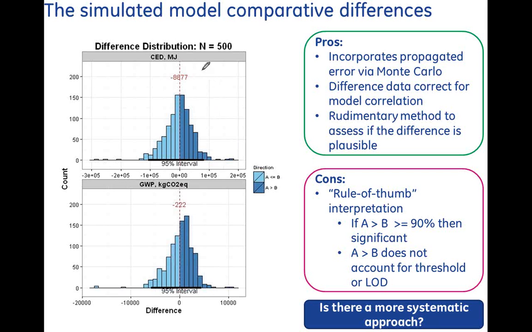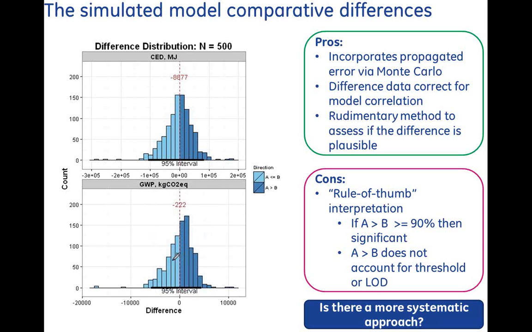But anyway, so what do I see? I get an estimate on my difference for both of the impacts involved, and I also get an idea that, hey, they're almost a 50-50 split. So given this, as opposed to my bar plot that I showed originally, I don't have a ton of confidence that there's a lot of difference between either of these processes in terms of cumulative energy demand or even global warming potential in this case.